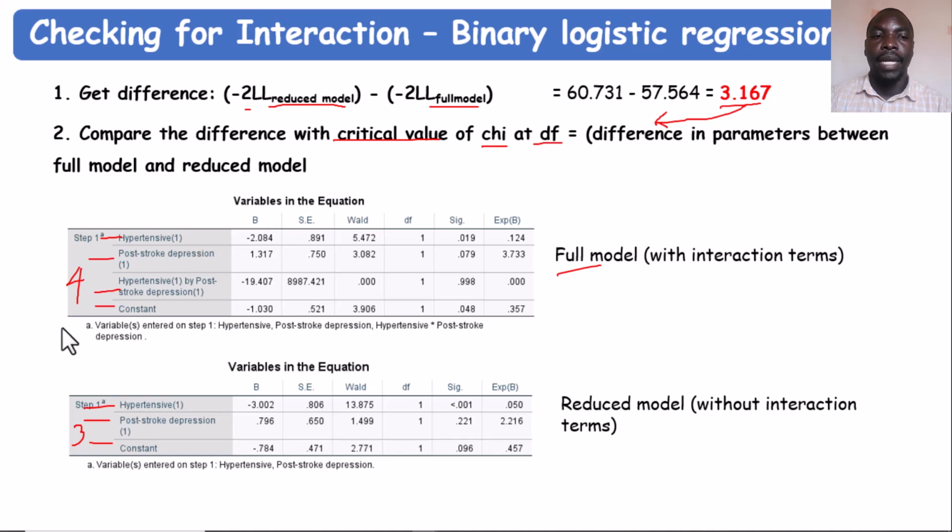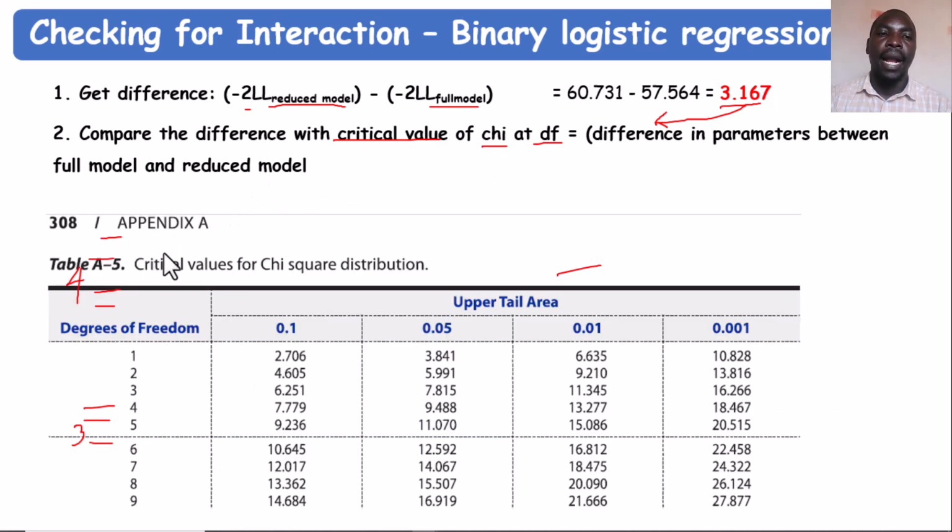So here, 4 minus 3, we get 1. And so we use that to go to the chi table, and we obtain the critical value of chi. When you look at the critical values of chi distribution at degrees of freedom 1, and then at alpha level 0.05, the value is